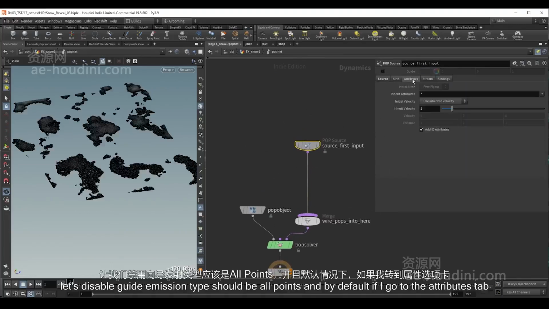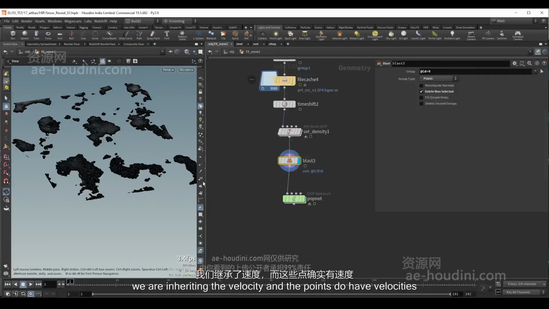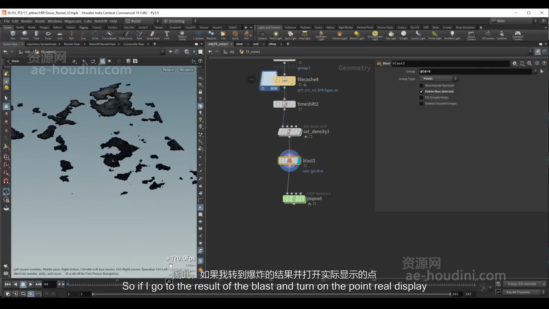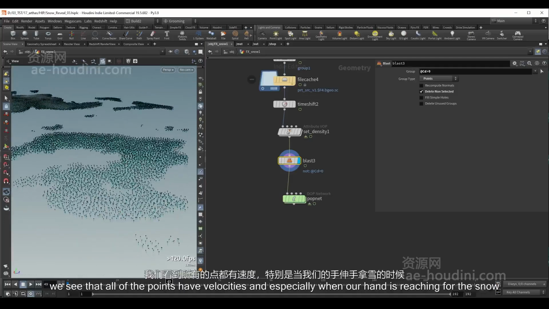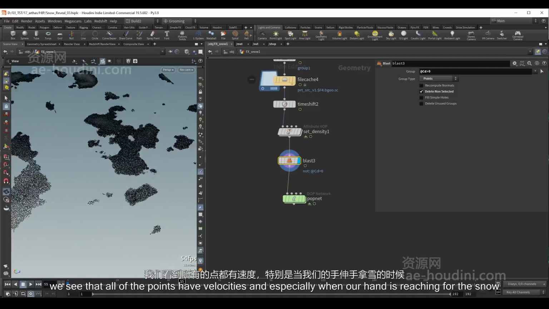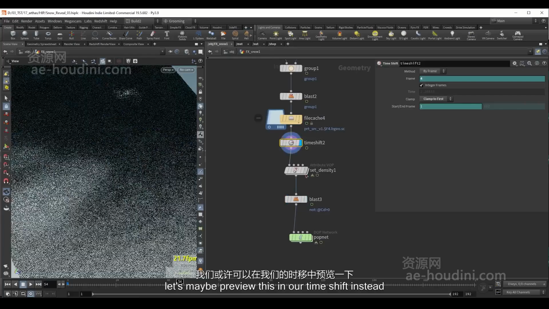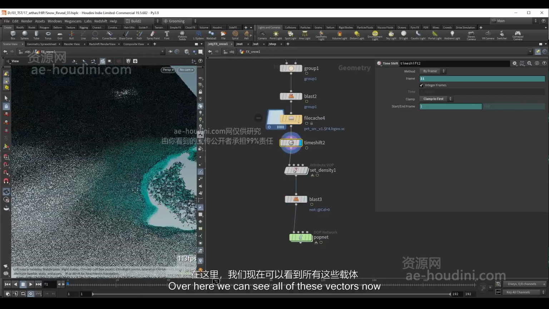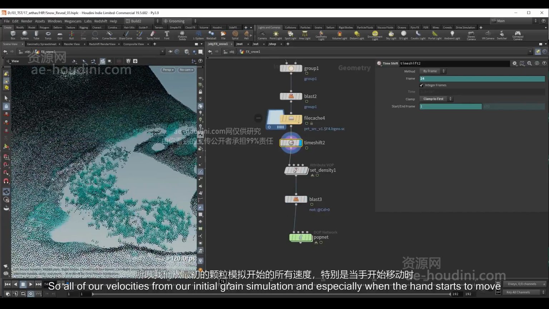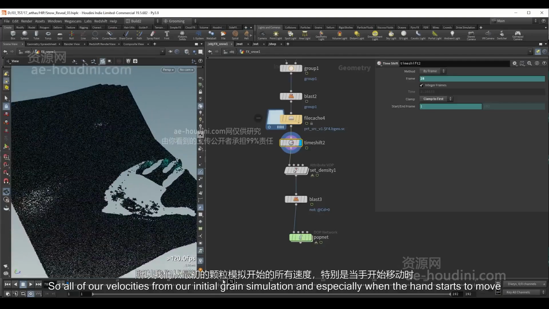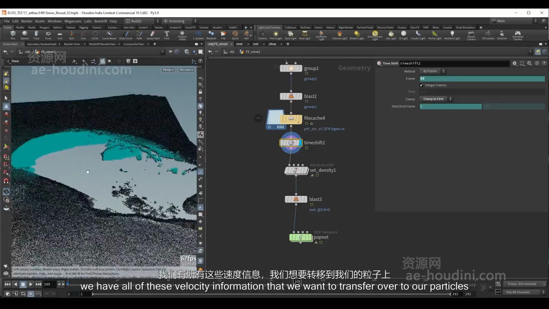And by default, if I go to the attributes tab, we are inheriting the velocity, and the points do have velocity. So if I go to the result of the blast and turn on the point trail display, we see that all of the points have velocities, and especially when our hand is reaching for the snow. Let's maybe preview this in our time shift instead. Over here we can see all of these vectors now, so all of our velocities from our initial grain simulation, and especially when the hand starts to move, we have all of this velocity information that we want to transfer